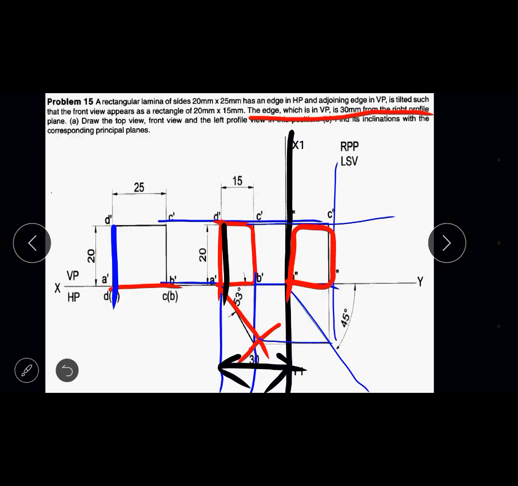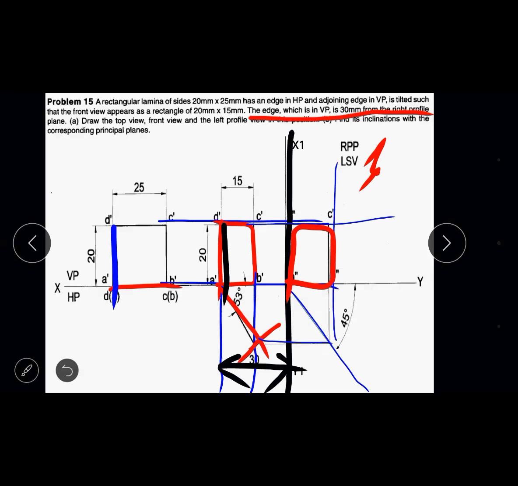So any doubt in this problem? Any doubt? Shall I proceed? If you have no doubt, then shall I proceed to next problem? If anybody has a doubt, you can activate your audio and you can ask a question. So no doubt. Shall I proceed with next problem? One of you please, some of you respond. Shall I proceed with next problem?